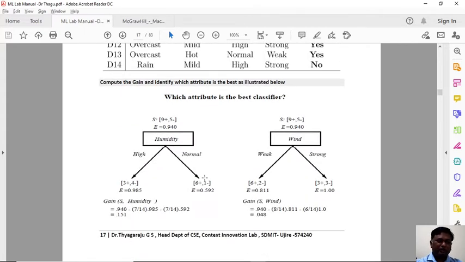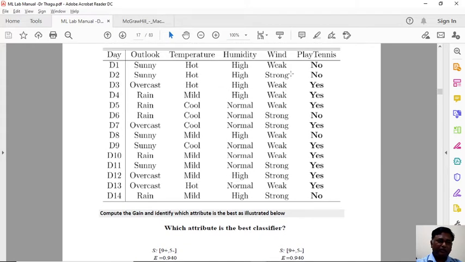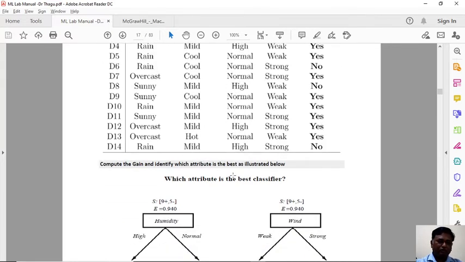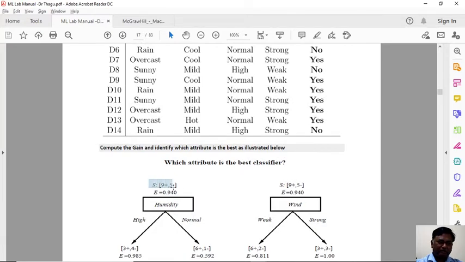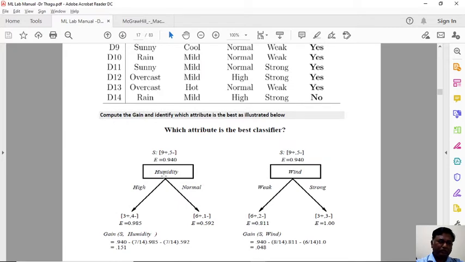You see this. Now one by one we will take the 4 attributes. First we will see the overall entropy. Here how many values do we have? We have 14 data points. In this, 9 yes values and 5 no values. So you apply this 9 and 5 here. This 9 positive and 5 negative is applied in the entropy formula, and we get 0.940 as the overall entropy. So as per the gain formula, from this overall entropy we subtract each individual attribute's entropy, which you have to calculate. So let us start with humidity first.